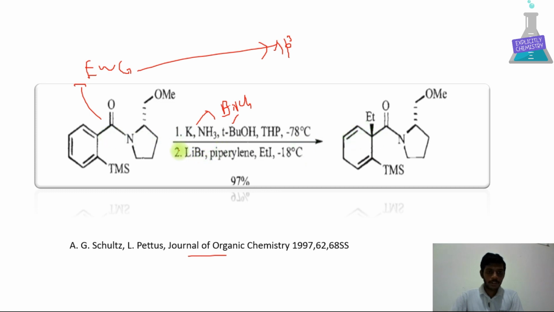In the second one, they have added ethyl iodide. So it's just a simple substitution reaction. See here, the ethyl group is added here. It's just a substitution. So you have to remember that if the electron withdrawing group is present, the group is added at the sp3 carbon. The other things are at the same positions. The only change is here.